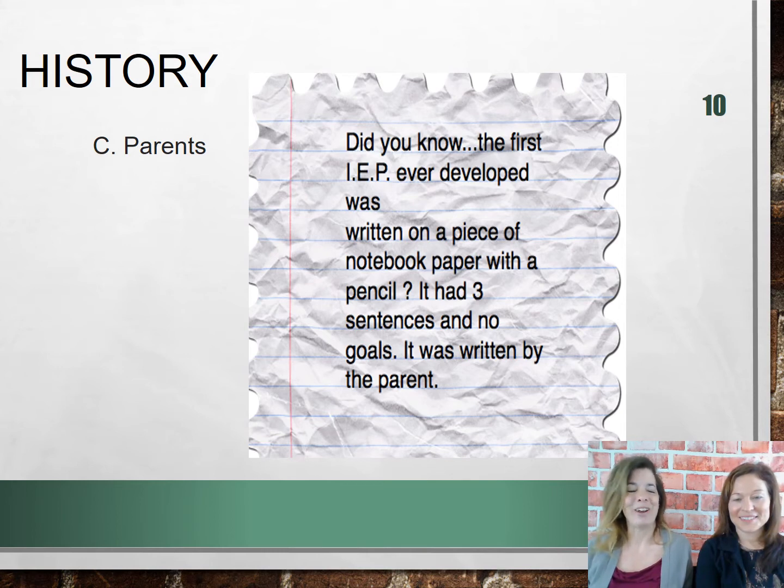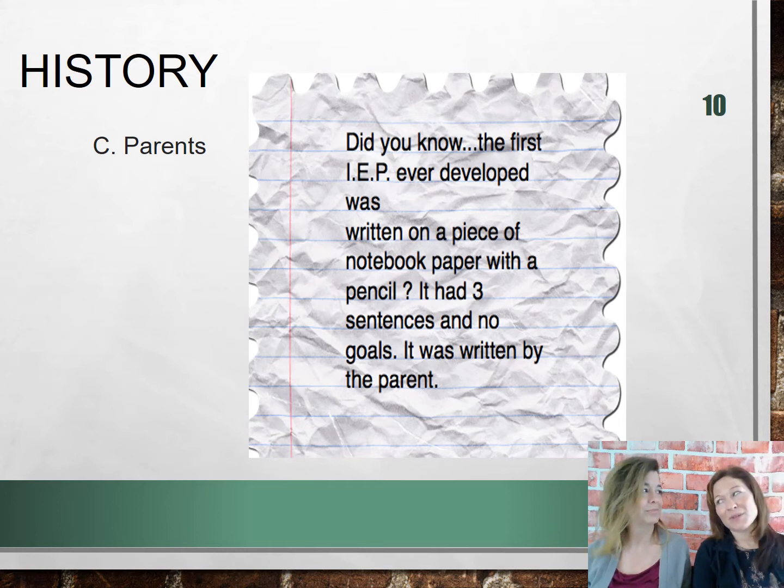I'm just laughing at the thought of parents jotting down the goals that they would like for their kids to see. Compared to what we have to do today with all the software and compliance forms and, you know, dot this I, cross this T. It's become a very modernized system nowadays compared to just jotting a few things down on notebook paper. I kind of long for those simplistic days, to be honest. But we have accountability issues these days, and so big changes. Yeah, so we have a lot more stringent, detailed federal and state guidelines on what's supposed to be included in goals today, and we are going to talk about those today.